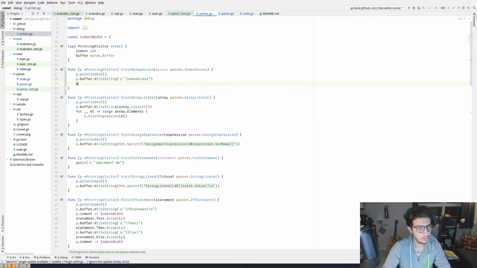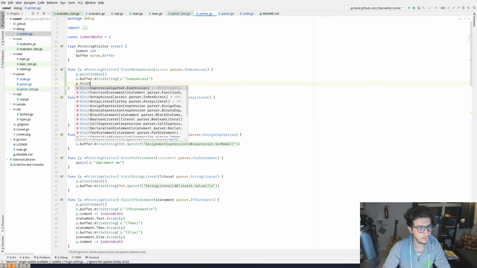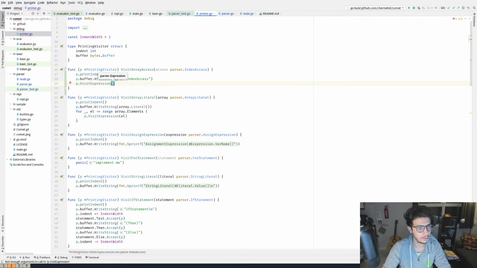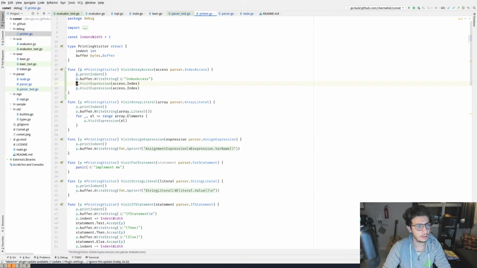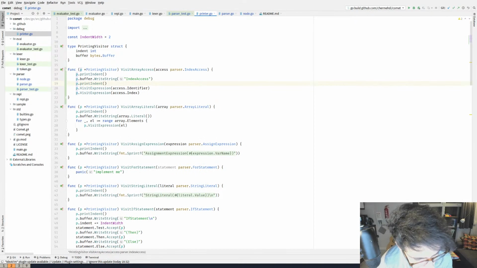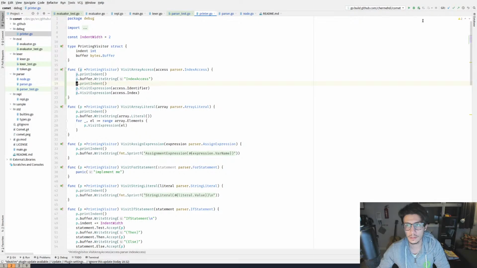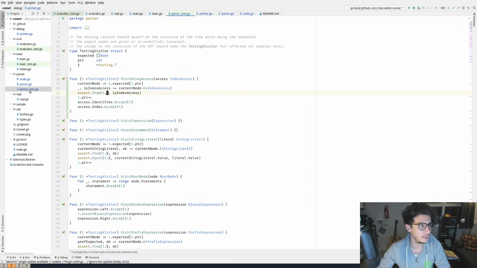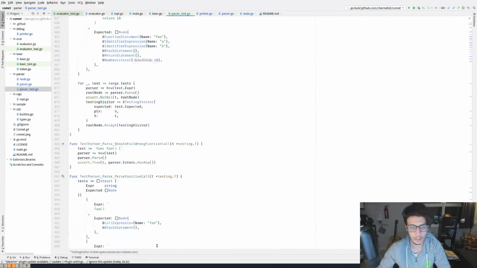And then p dot visit expression, which is the access dot index, and before is the identifier. Right. Now I guess it still builds. Only now the test failed. But that's okay, I guess.